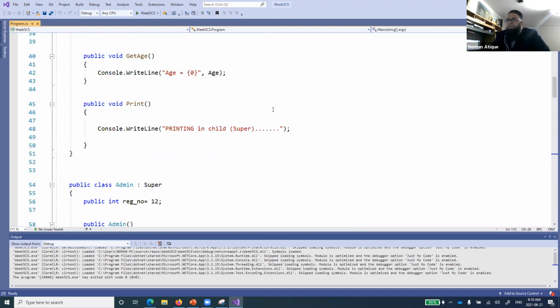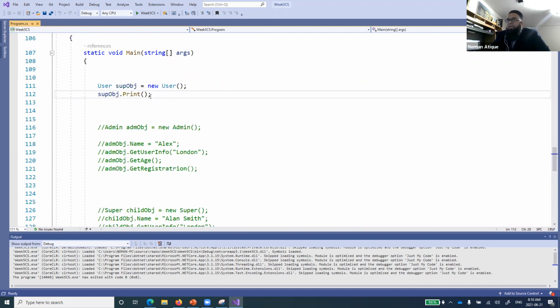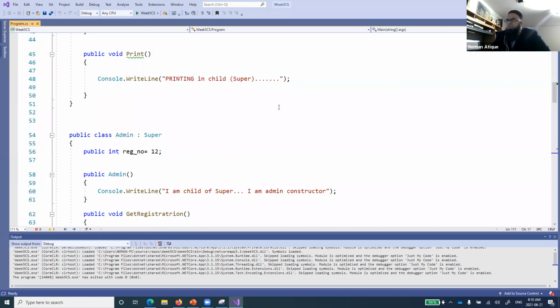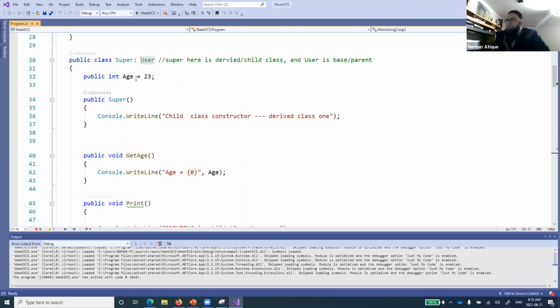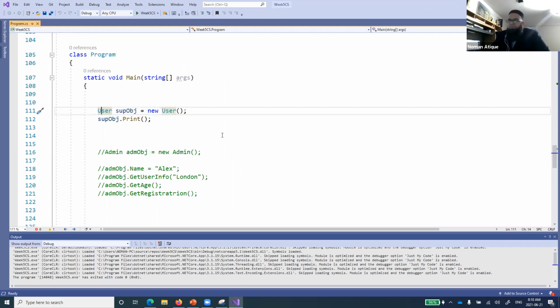Now there is something important that we want to discuss over here. What is that? If I create an object of the superclass, this one is the superclass. Now I want to create the object of the superclass, and just call it super object, no problems.